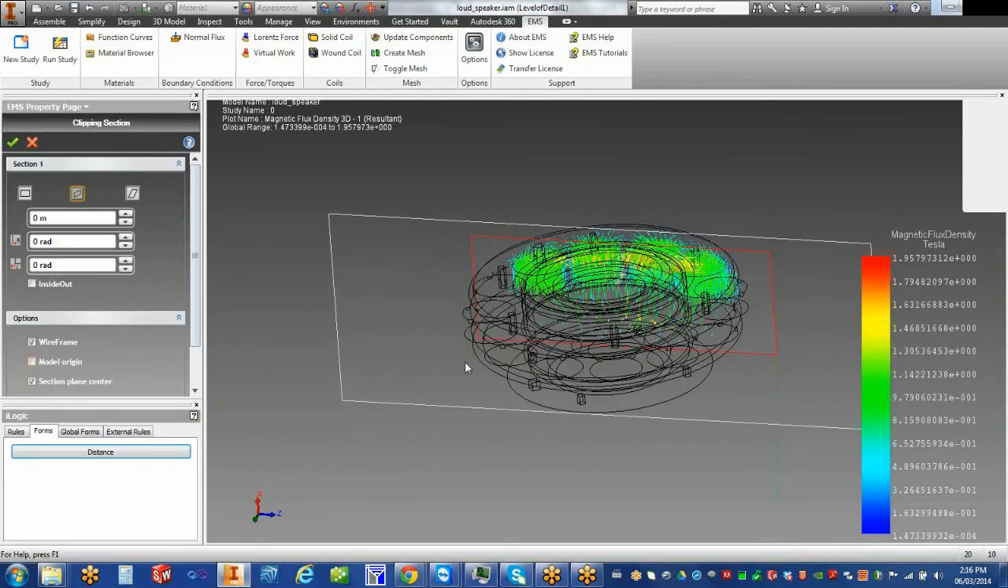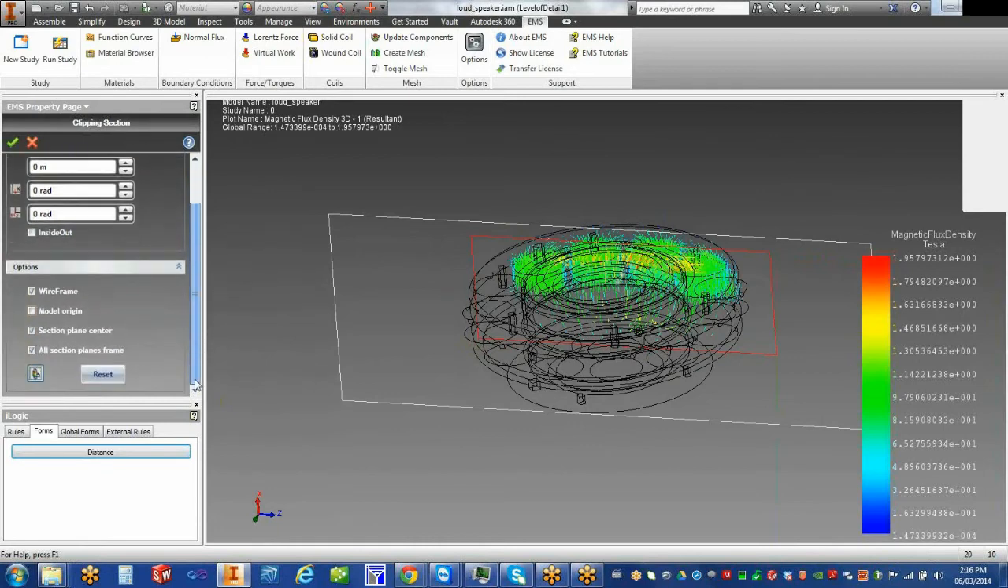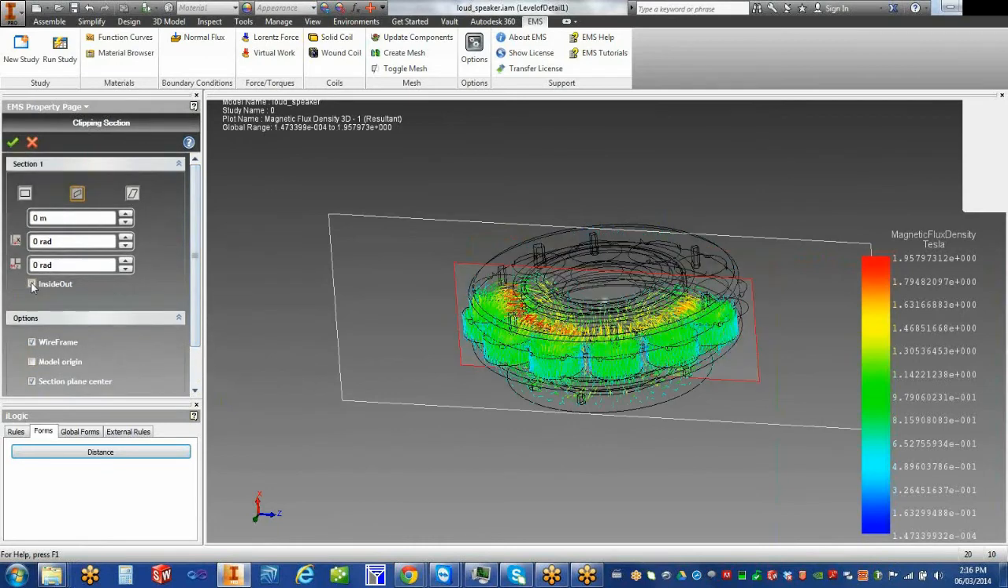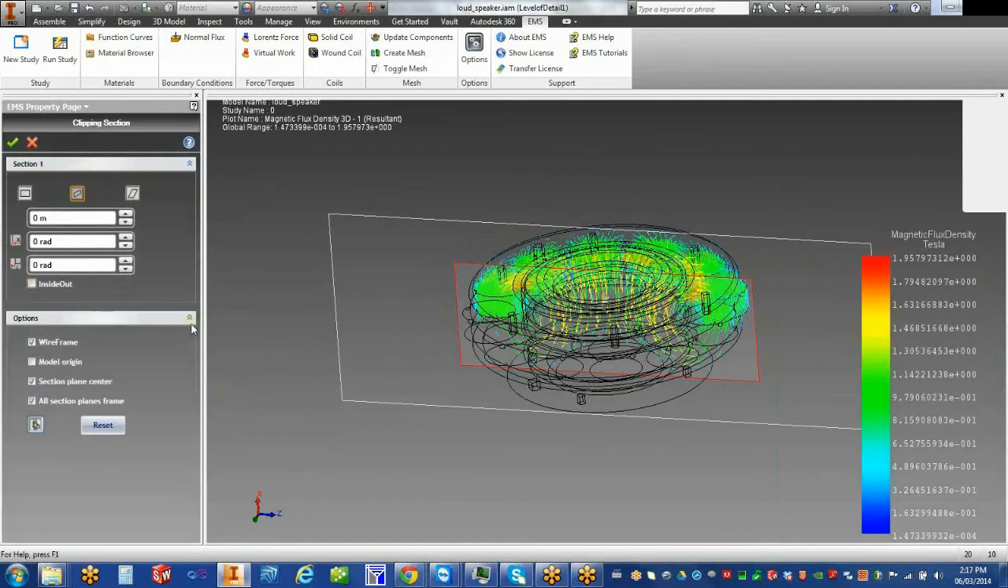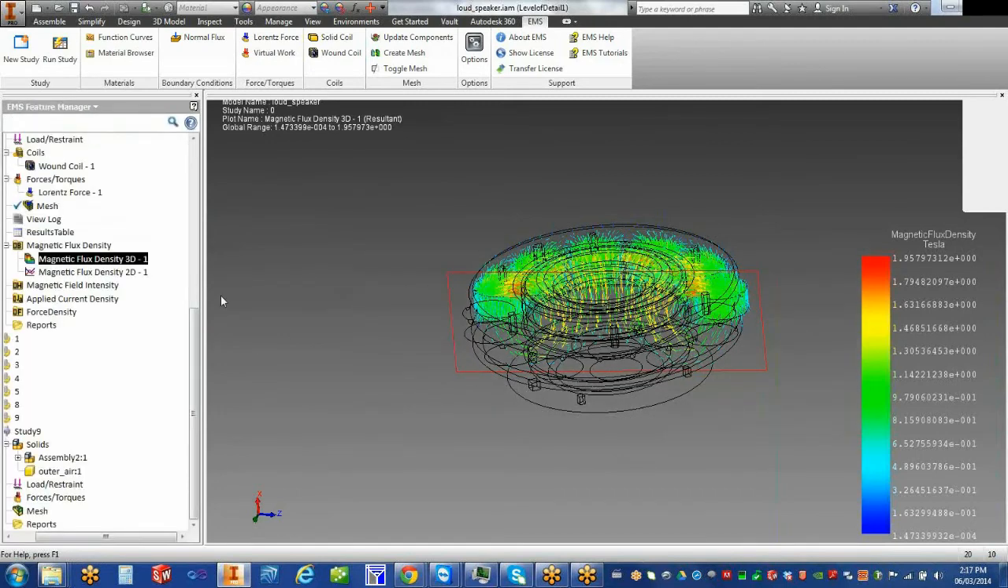Okay. And I may want to do, okay, so I can look at it inside out, or outside in. Again, I can look at different planes, or I can even tilt the, this is my section. All righty. Now, if I look,